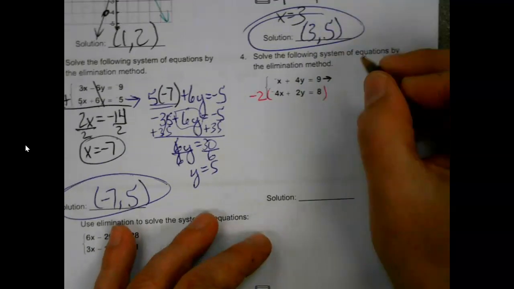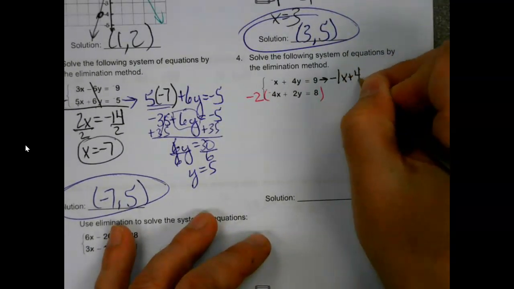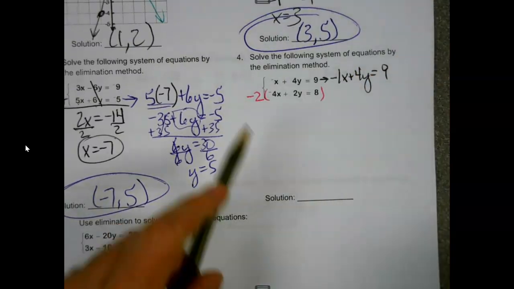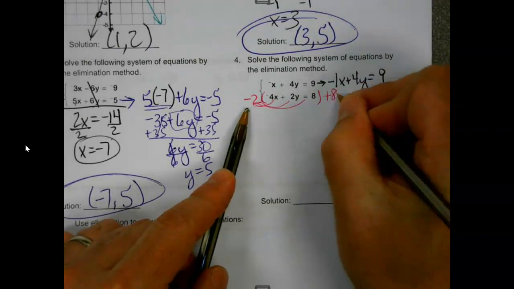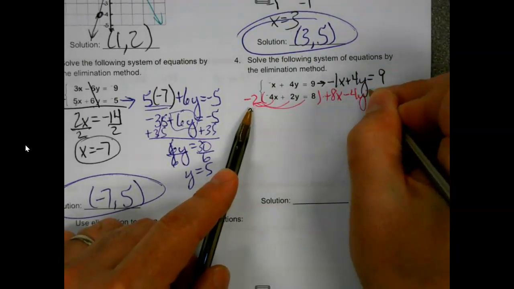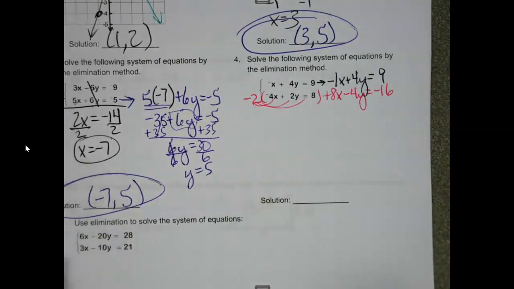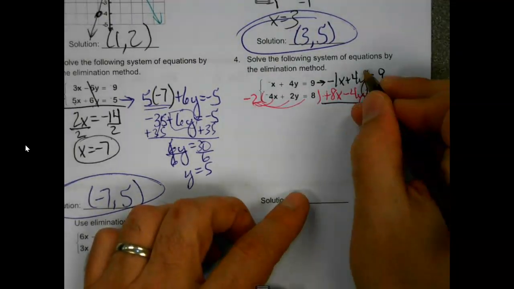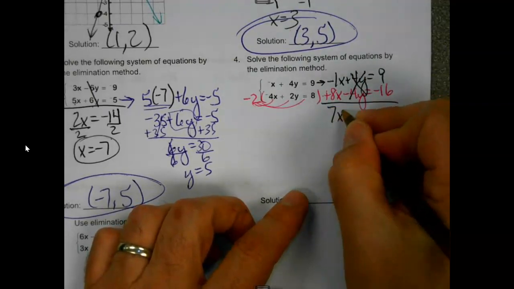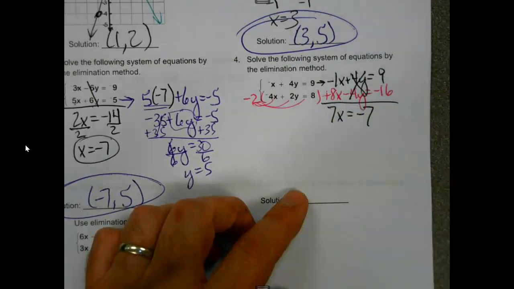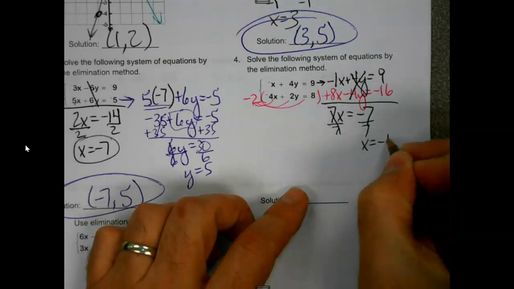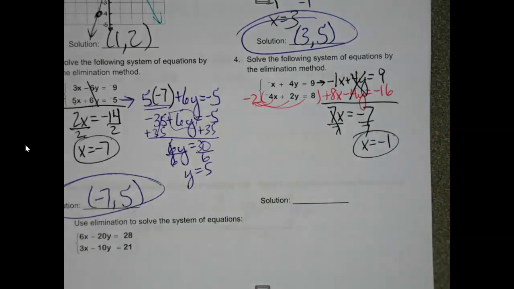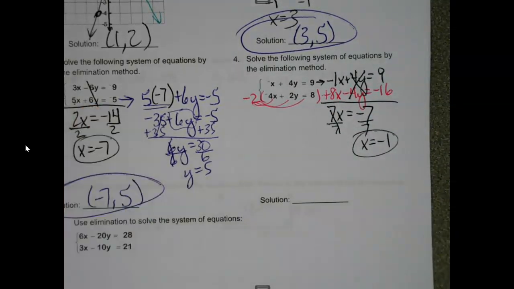We are leaving the top alone and multiplying every piece of the bottom one by -2. Goodbye, y's. One step. Got x. Just like we did over here, it doesn't matter which equation you used to plug in to get